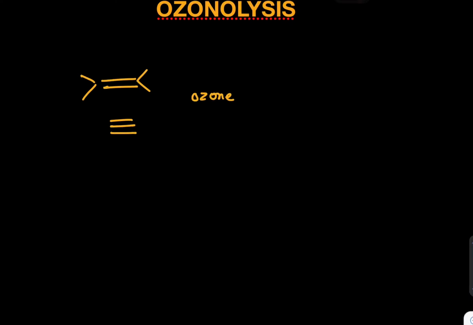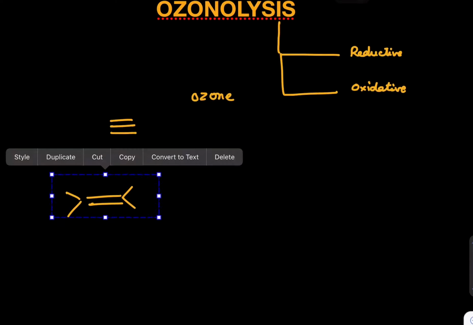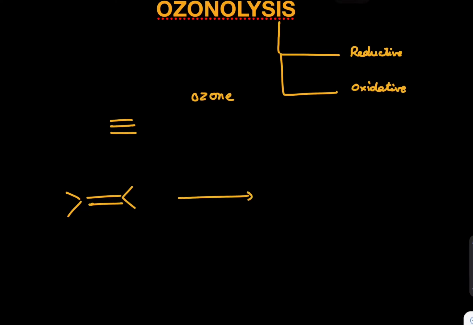So what could be the different types of ozonolysis? First of all, understand there are two types of ozonolysis. One is called reductive ozonolysis, the other is called oxidative ozonolysis. Reductive ozonolysis is where we talk about ozonolysis in reduction mode, and oxidative ozonolysis is where we talk about ozonolysis in oxidation mode. So if you're given any alkene and you're reacting this with ozone, what happens basically is it